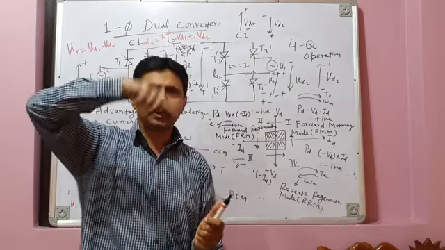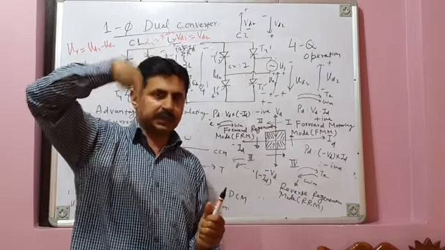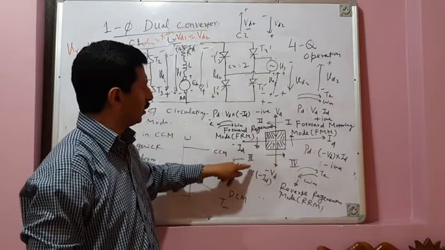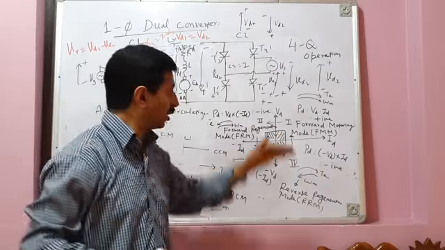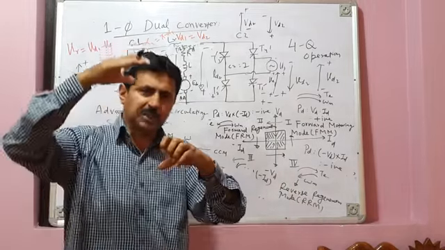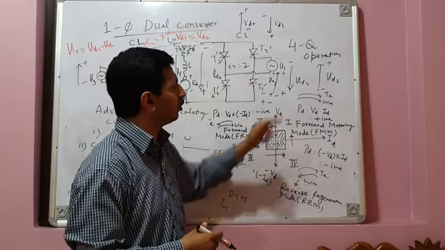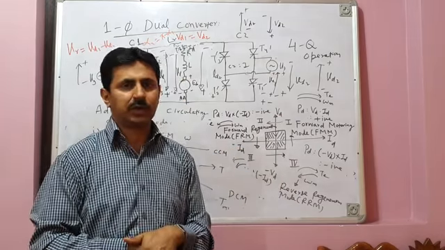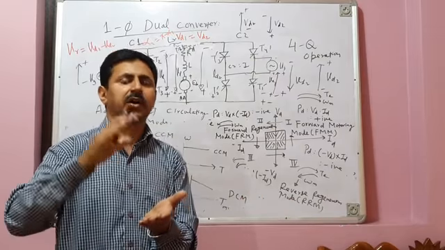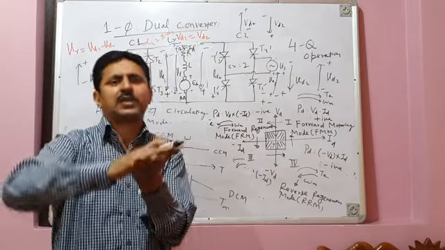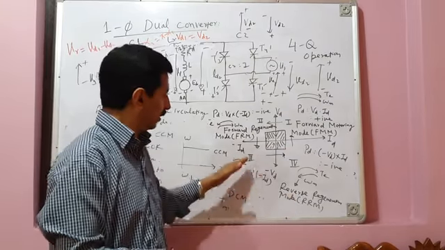The machine can operate as a motor in the forward motoring mode or in the reverse motoring mode. In order to go from forward motoring mode to reverse motoring mode, it has to go through forward regeneration mode, because it has to be braked first. In the forward regeneration mode, the machine is braked, slowed down, and braking energy is supplied back to the source. It's not wasted. Similarly, in order to go from reverse motoring mode to forward motoring mode, it has to go through reverse regeneration mode. In reverse regeneration mode, regenerative braking occurs. Energy is supplied back to the source, it's not wasted, and the machine slows down and stops, and then it goes from reverse motoring mode to forward motoring mode.